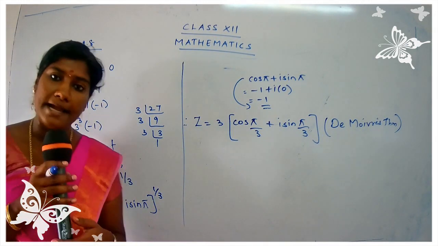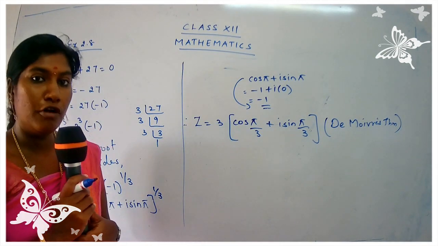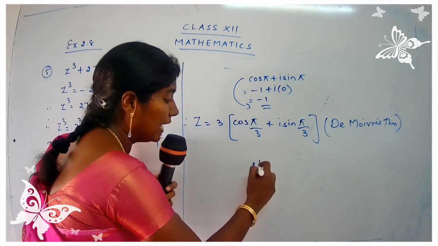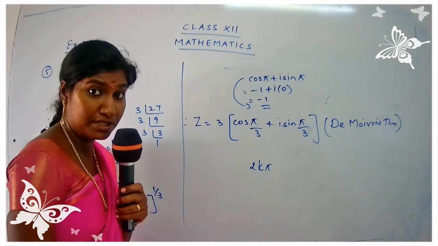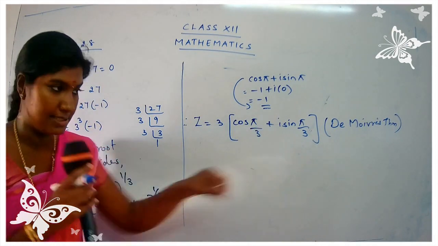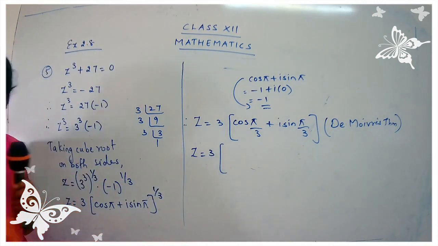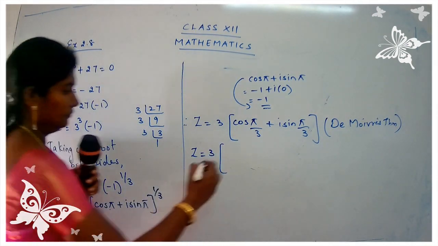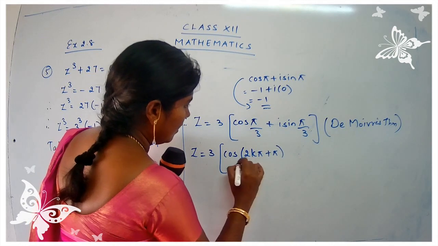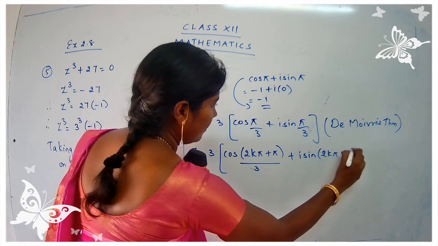And we have already studied the alternate form of the polar form. What is that alternate form? You can add 2k pi. What can be added to the angle? 2k pi can be added to the angle. Are you getting my point, children? Already we have written these points. So now we are going to add 2k pi to the angles. So z is equal to 3 (cos of 2k pi plus pi upon 3 plus i sin 2k pi plus pi upon 3).